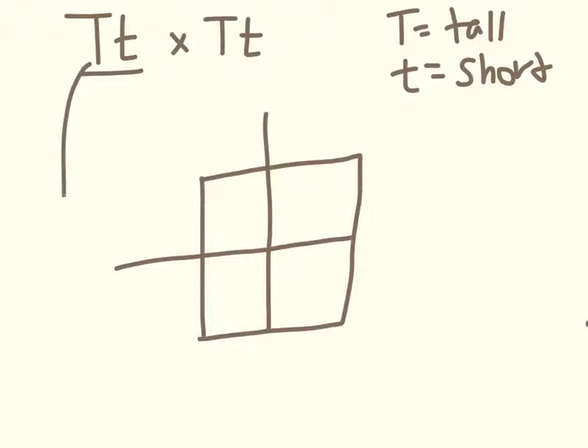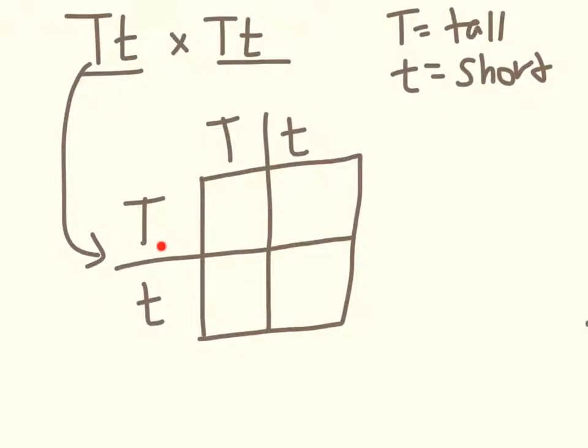So the capital T and the lowercase t will be separated. Capital T will be in some of the gametes, and lowercase t will be in other gametes. And the same goes for this parent. Some of their gametes will have capital T, and some will have lowercase t. How we figure out the Punnett square is very similar to a mathematical multiplication type chart, where we take